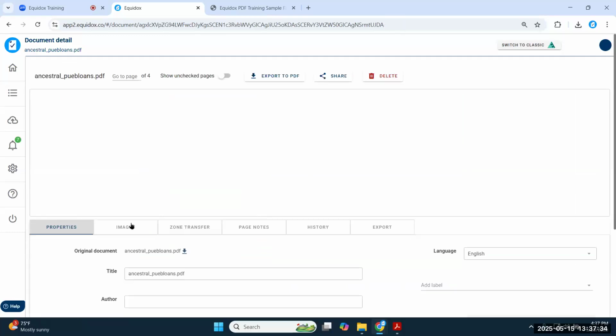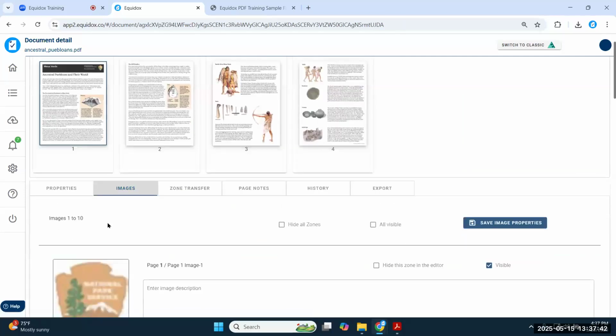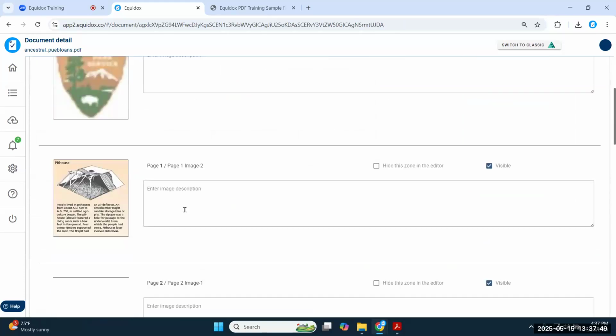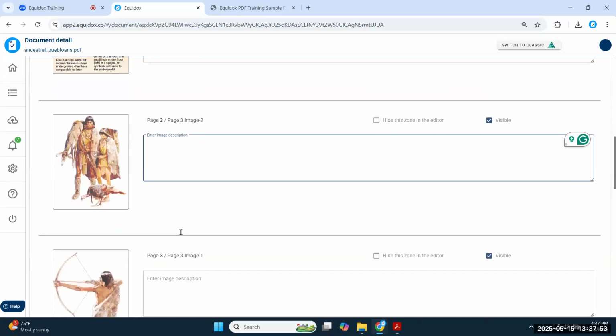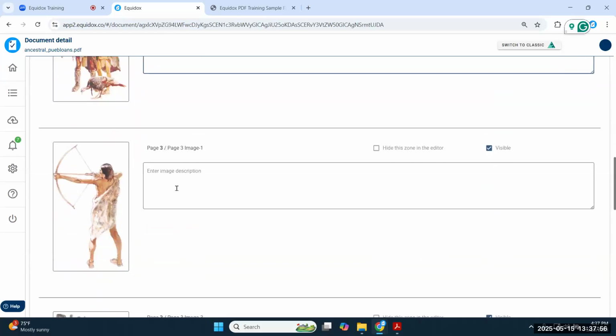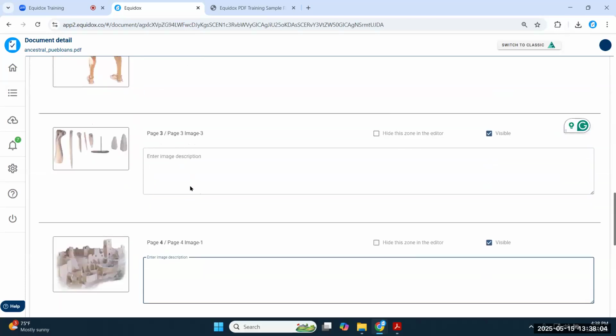This is another document where it's worth talking about the images tab. Obviously there's a bunch of images in this document, maybe 10 of them. So yeah, there's 10. Now, if you have a good familiarity with the document, you might be able to look at these thumbnails and quickly type in your descriptions for these images in one quick step, and that's great. Or maybe the professor that created this document gives you a spreadsheet of alt text and you're just copying and pasting the alt text to match up with the image.